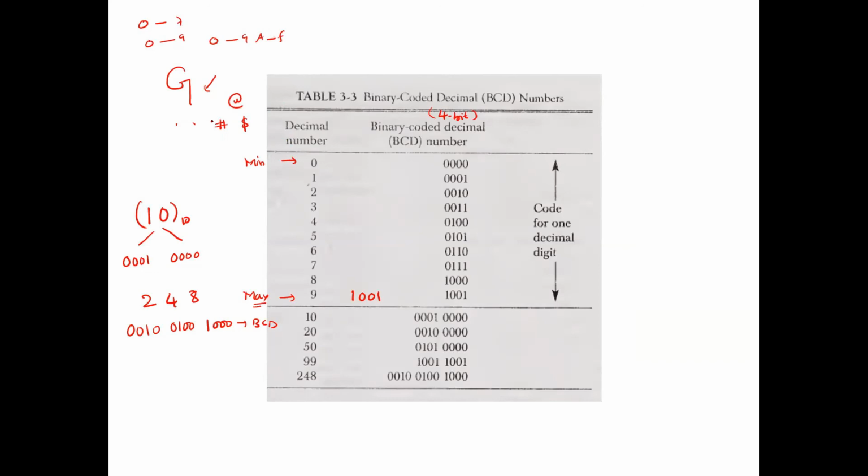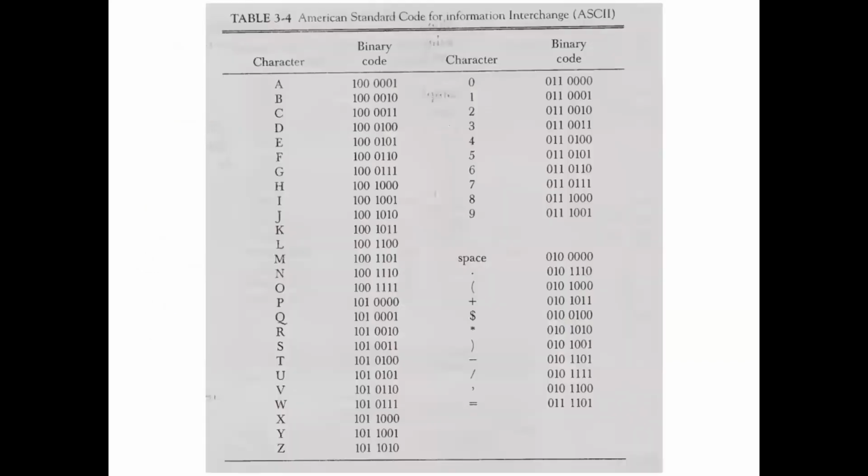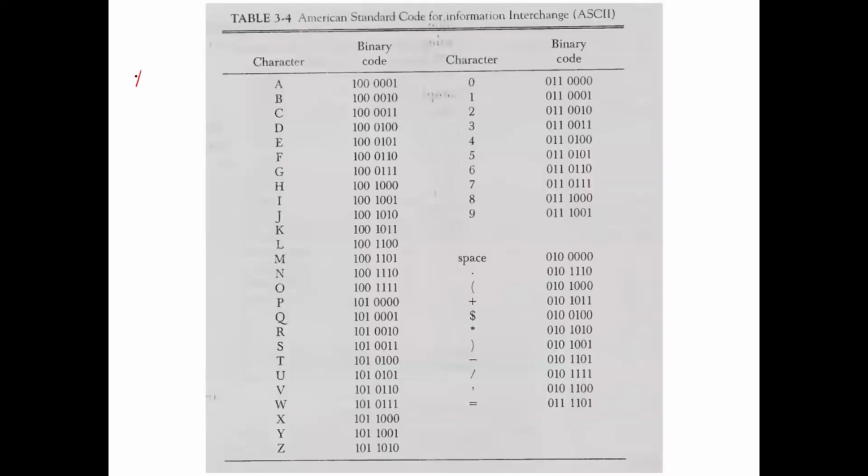So how do we code this one? The answer is we have a code format, and that code format is termed as American Standard Code for Information Interchange, and it is popularly known as ASCII. Now, how do we do it? All the characters we are supposed to list out, and we will start coding this one.